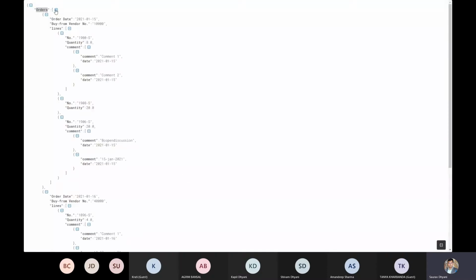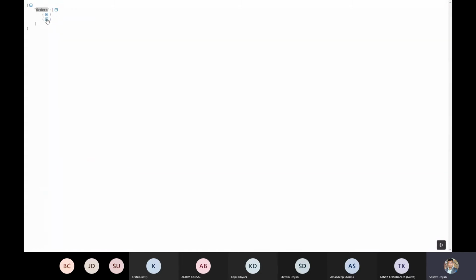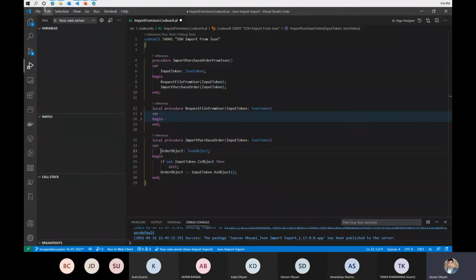Let's pause for a second and think about it. It's actually orders. That means it can have one or more orders inside it. So there can be multiple orders in my orders array. In that case, what I would like to do is call it orders, because there can be multiple orders, and we'll come to the specific order in a minute. So now the whole orders array object is part of this JSON object. Stop me wherever it sounds confusing. It can be confusing at times. Once I have all my orders in this JSON object,